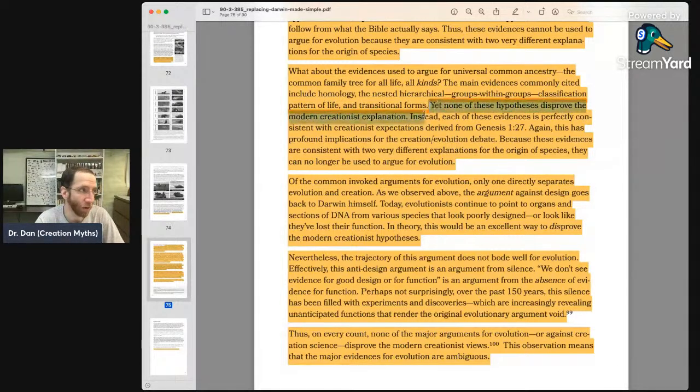None of these hypotheses disprove the model? That's not true. We can just directly falsify a prediction of that model. I've also tested Jeanson's predictions when it comes to mitochondrial mutation rates and shown that his rate is wrong when put up against real evidence. So we can directly test and falsify the creation model. He's just ignoring the things that you can do and that have been done in that regard.